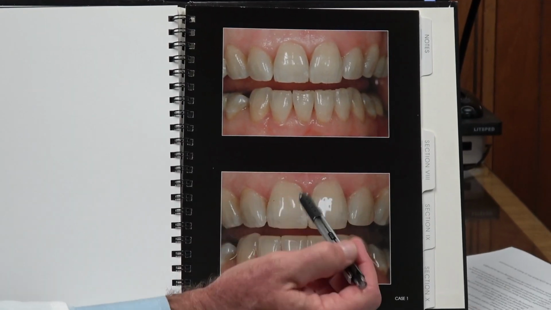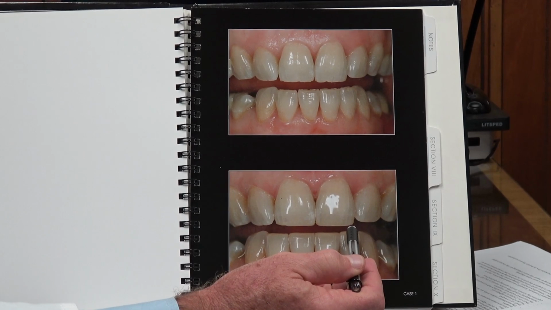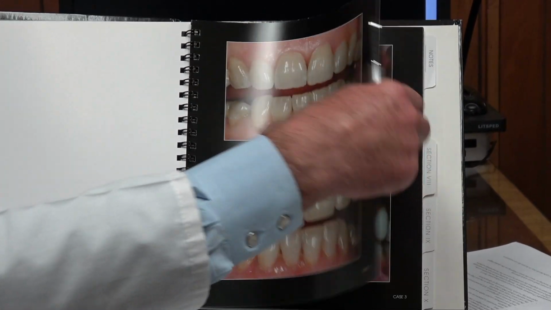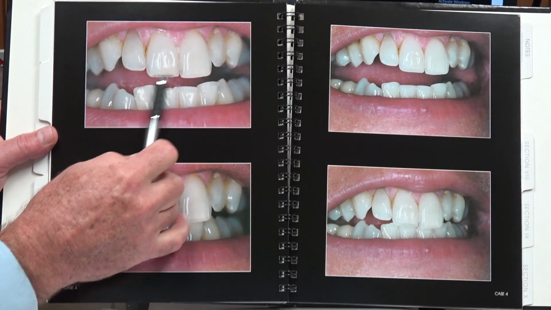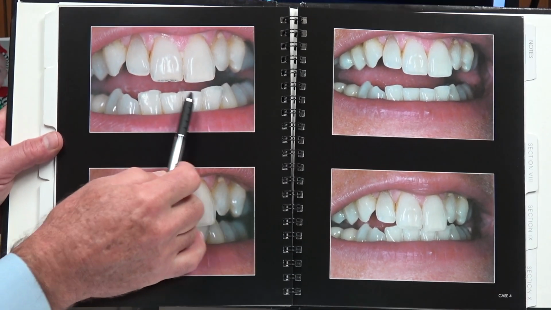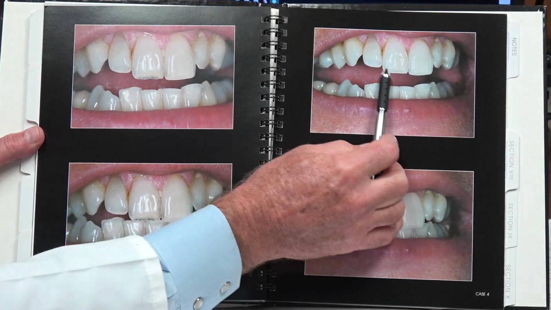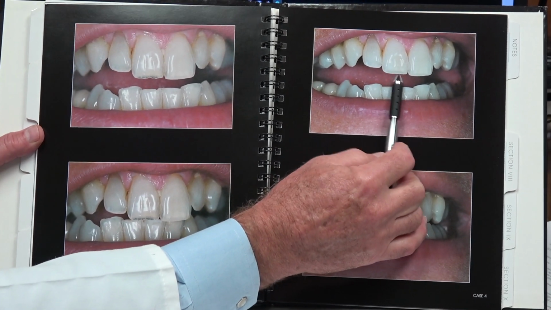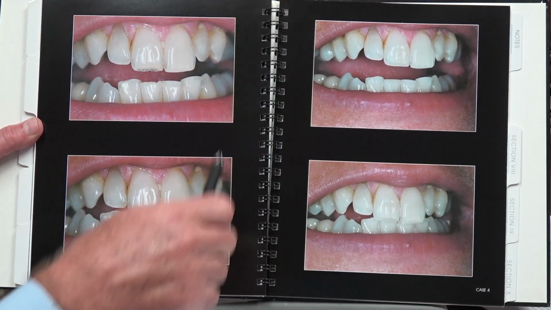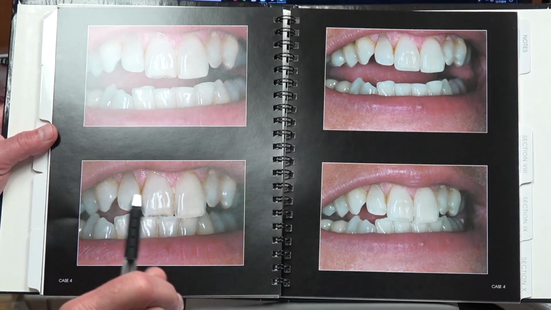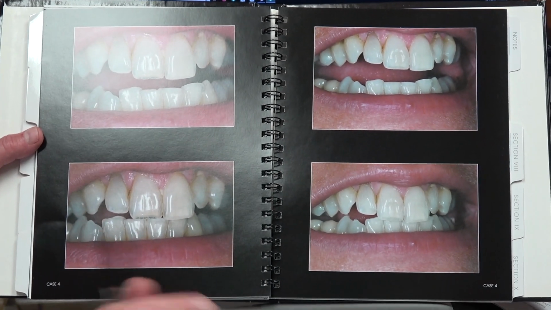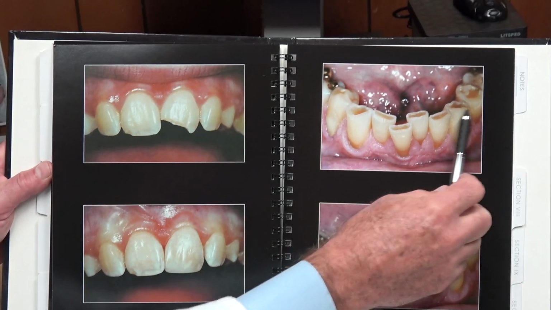These are chipped incisal edges of upper and lower anterior teeth, and this shows how that occurs. When the patient rubs their teeth together, they get that little thin edge, and then that breaks off. And so what we do to protect it is place some composite bonding on that edge and give them a night guard, because if they don't have the night guard, guess what? They're going to do this again. Lower anterior teeth